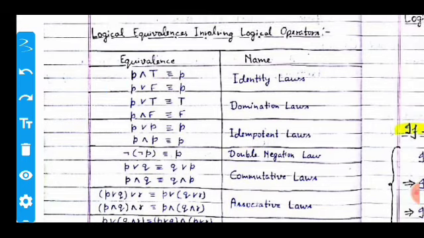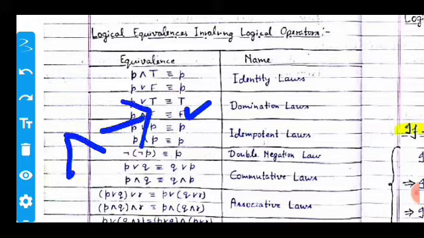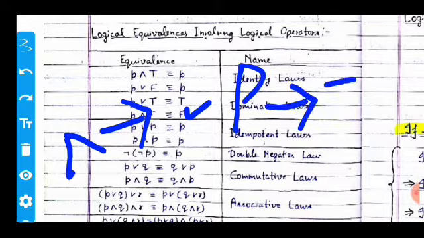So come to the next logical equivalence law, the domination law. The domination law represents that when P is ORed with a true value, it is logically equivalent to true, and when it is ANDed with a false value, it always produces false, because the AND operation is true only when the value of P is always true.